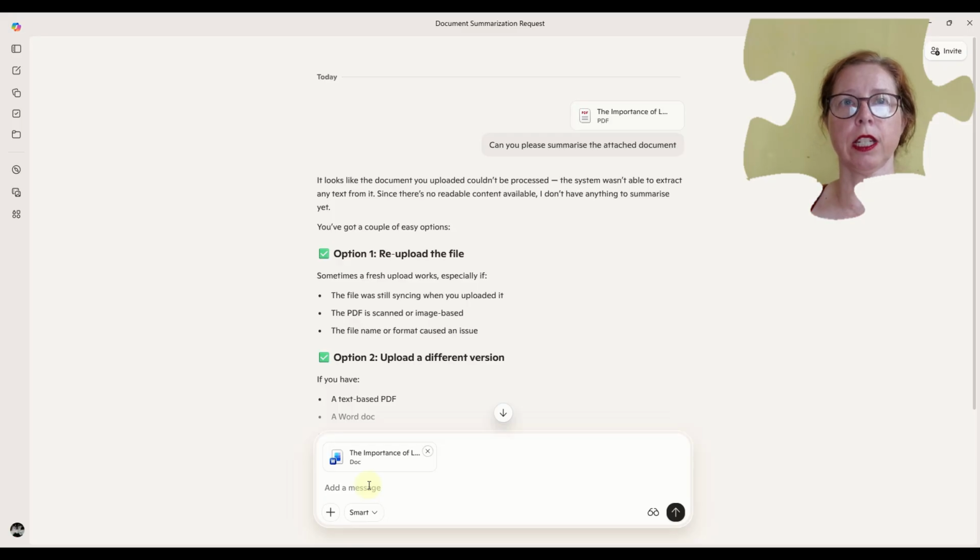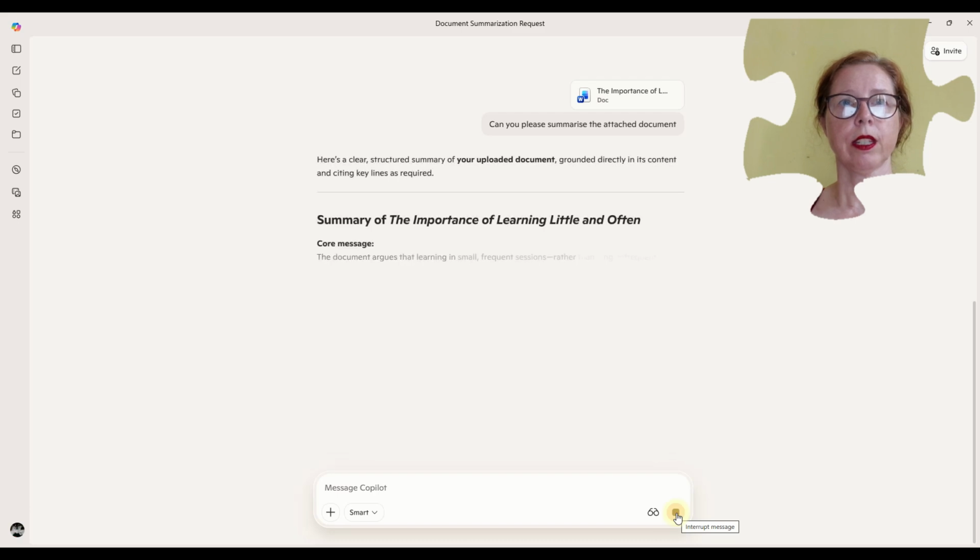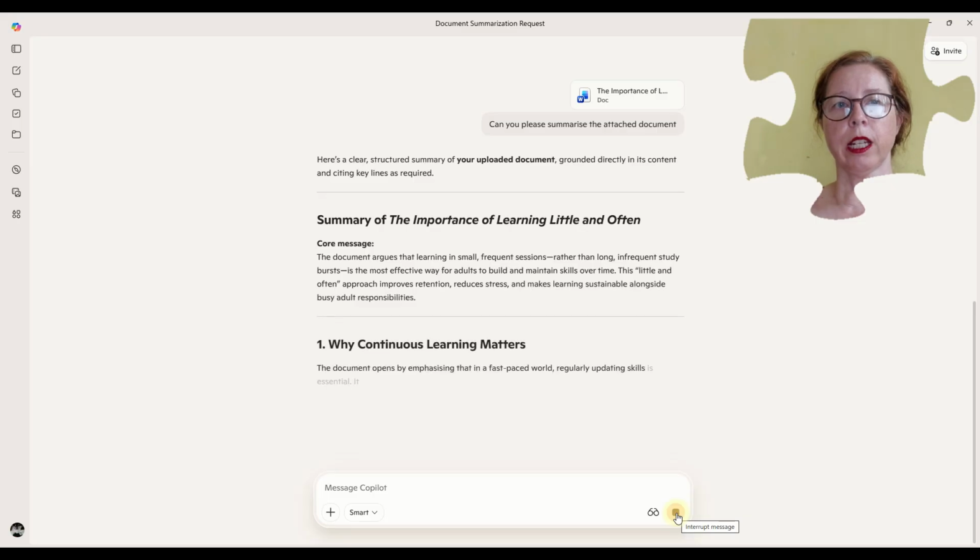Again, now I don't have to type it out. I just copy, and I can copy here and then paste it. And that's it. So then it comes up and it gives me a summary